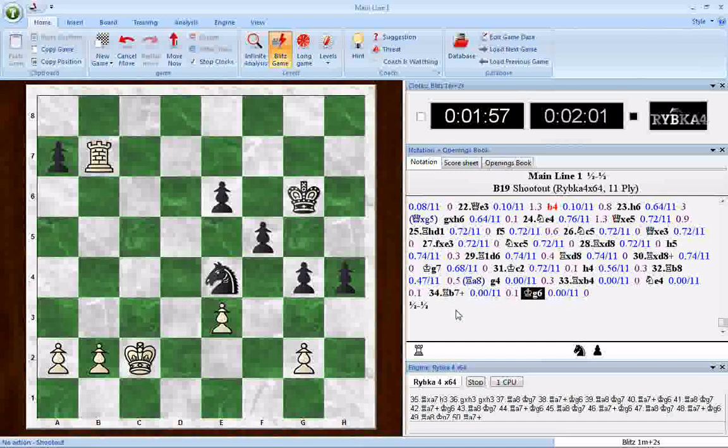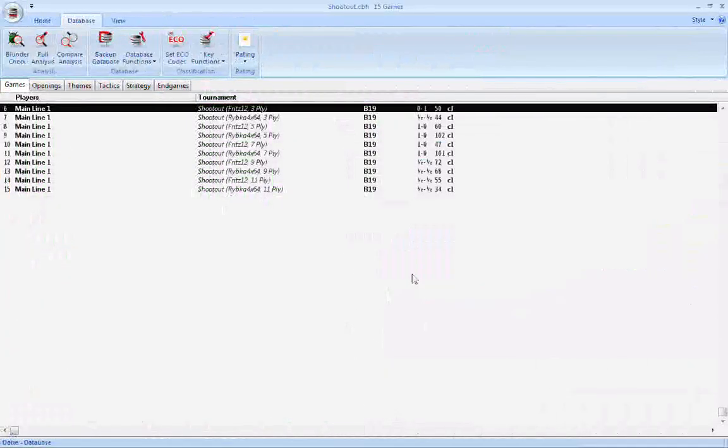So we're done. We can go to our game list now. We can take a look, and here we've got Fritz at 3 plies, Ribka at 3 plies, and notice once again when you get into a 9 to 11 ply search depth, the games are all drawn. So we can draw a conclusion from this over time if we play some more games. If that continues to be a trend, we can say that the book that told us this is an equal, level position is most likely correct. So that's one of the cool things you can do with shootout, is feed a position to the software